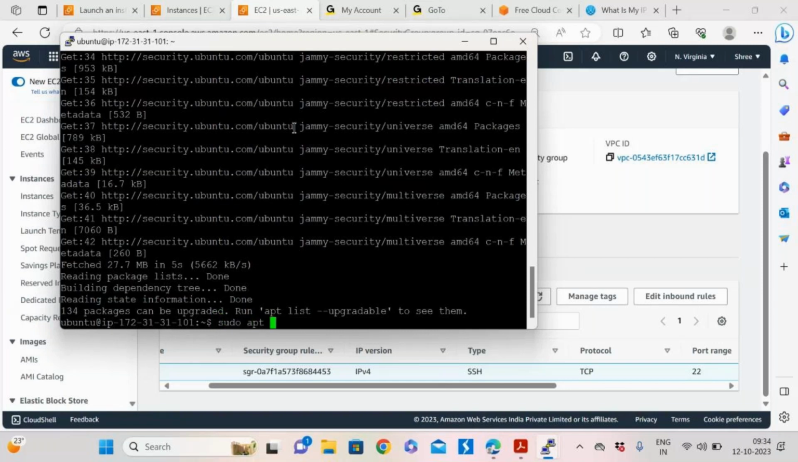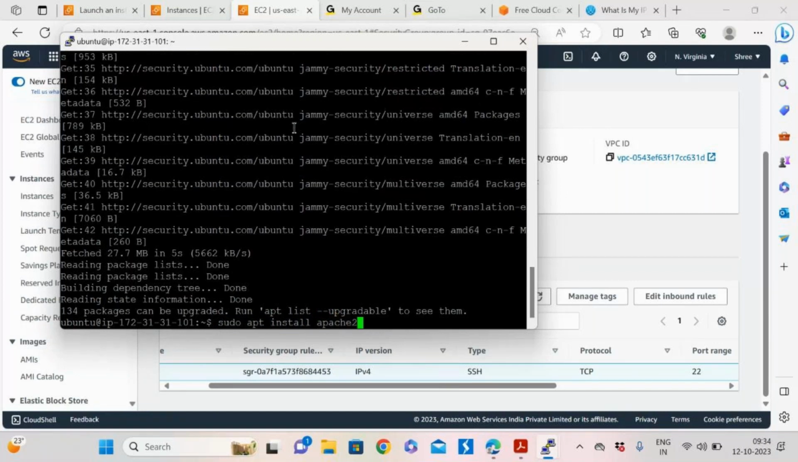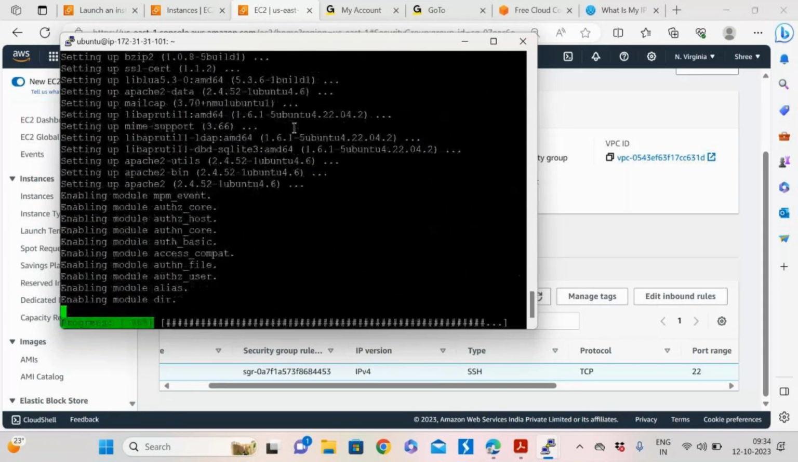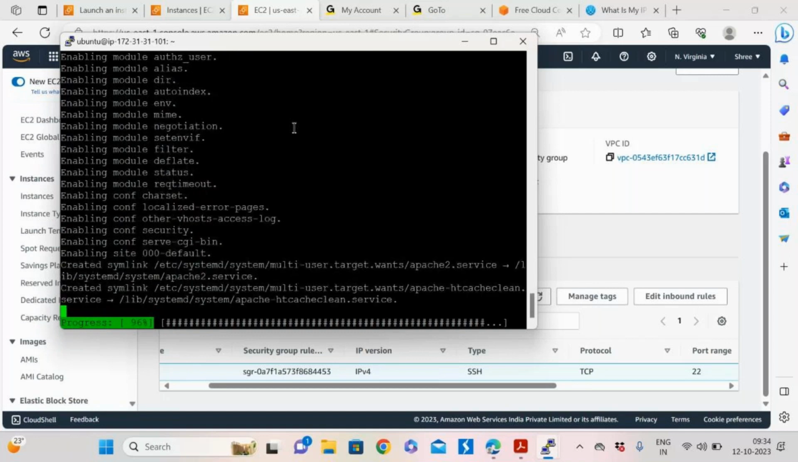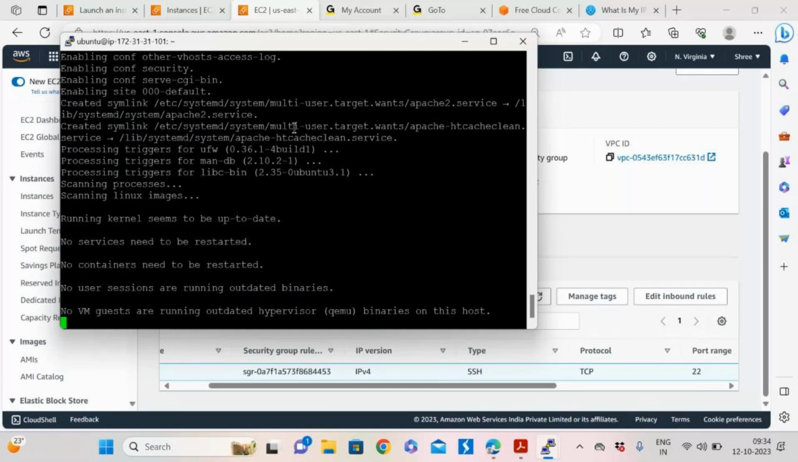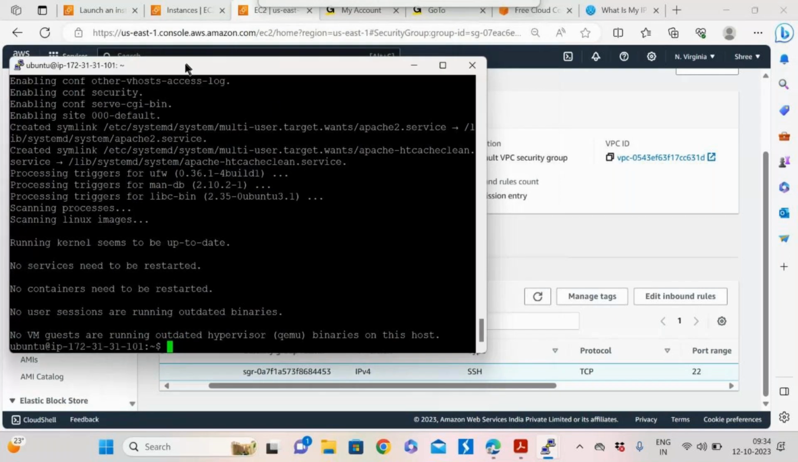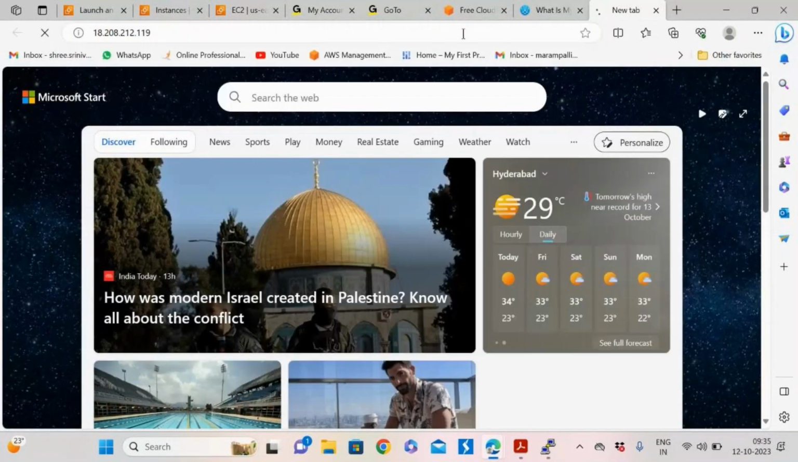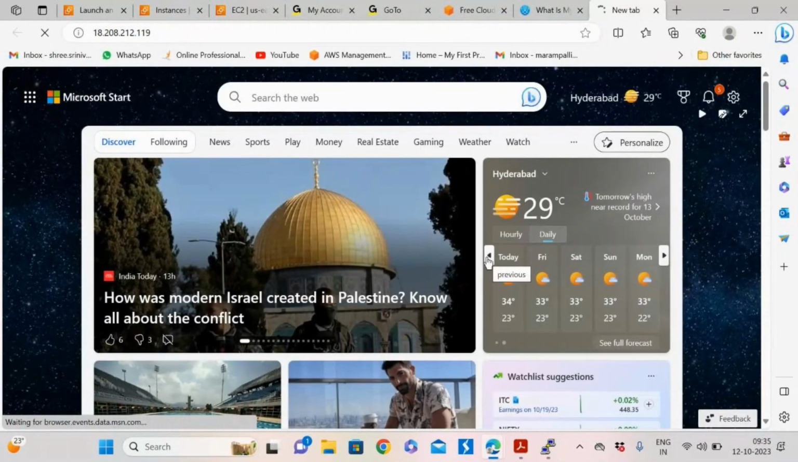sudo apt install apache2. I'll install Apache 2. Apache is the package for installing a web server. Now the web server got launched. If I take its public IP address and go to the browser and try to browse it,